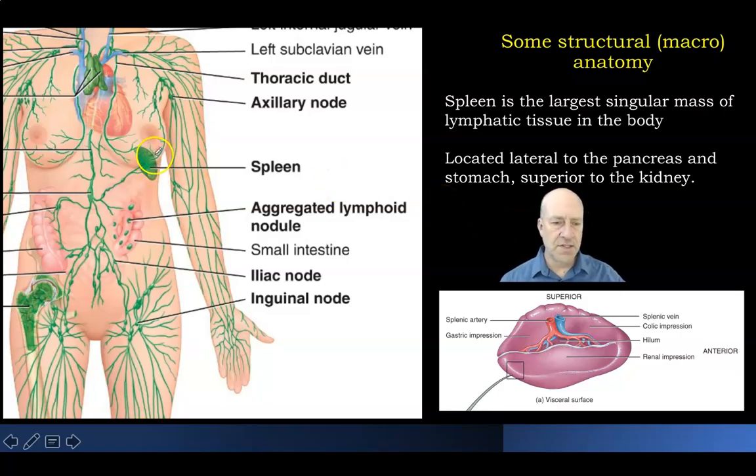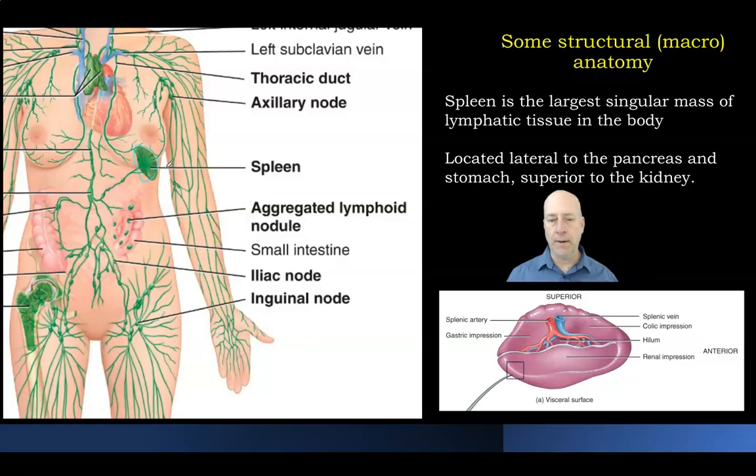It's sitting here in this position, and what is it doing? It's essentially a little different function. It's actually filtering your blood for pathogens and antigens. Everything we talked about so far in the lymph nodes was filtering your lymph. Now you're filtering your blood in the spleen. Same concept of filtration with lymphocytes, B cells, and T cells ready to go and fight, but now you're